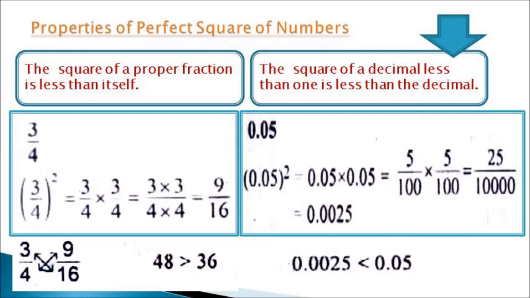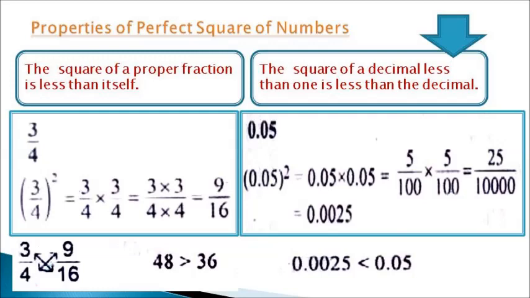The last property, that is the fourth property, states the square of a decimal less than 1 is less than the decimal. Let's see. If we take a number that is less than 1, let's say we take 0.05, which is less than 1. Now we take its square. 0.05 squared is equal to